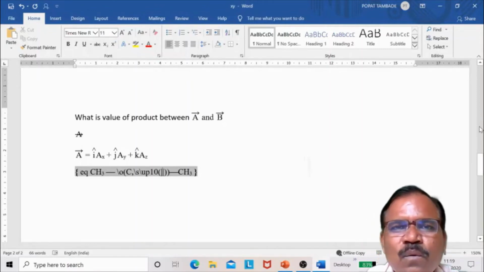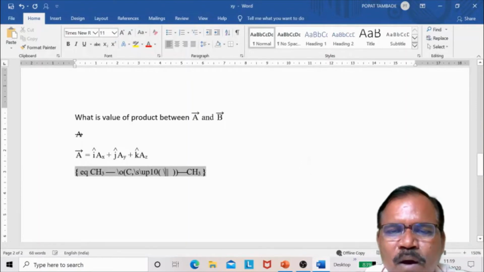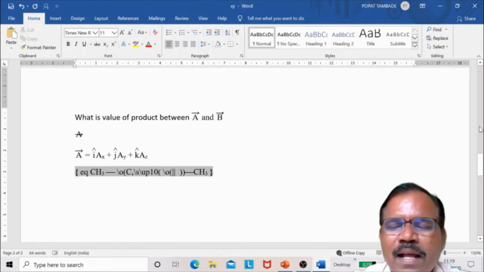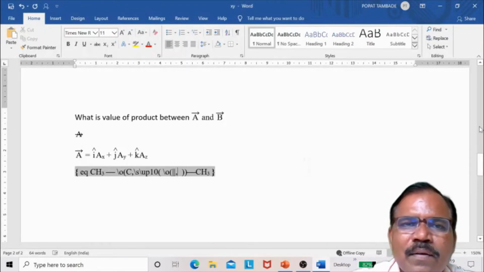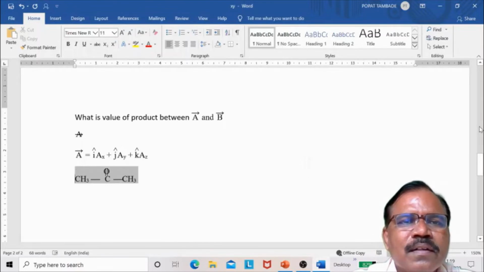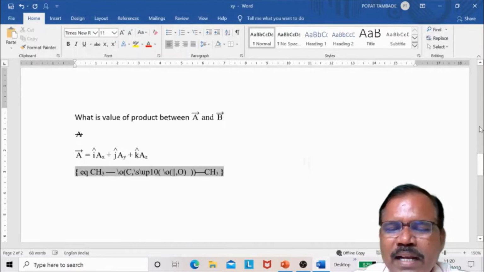So whatever this one in the bracket, for this take again backslash O, and see here, backslash O, comma, now I will take O and the bracket is completed. So if you see here, it is printed on that O, printed on the double bond.